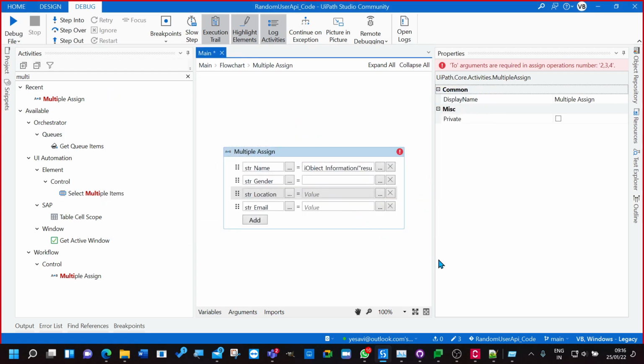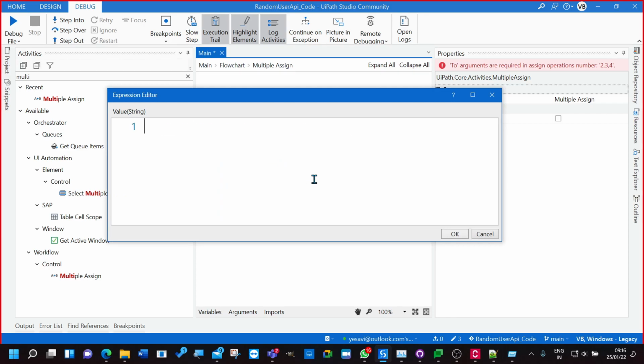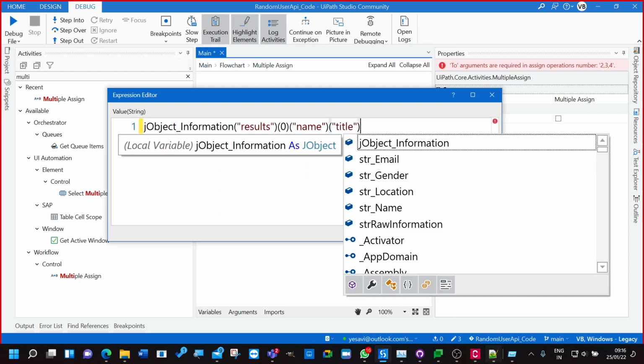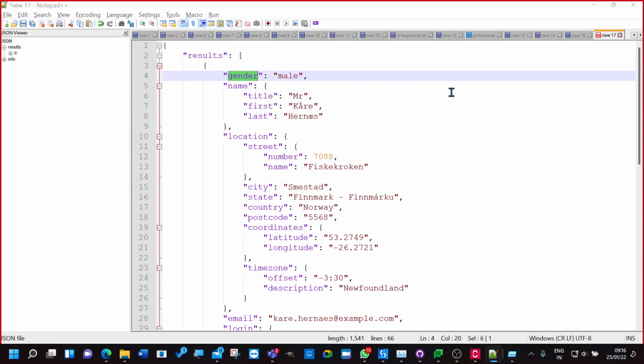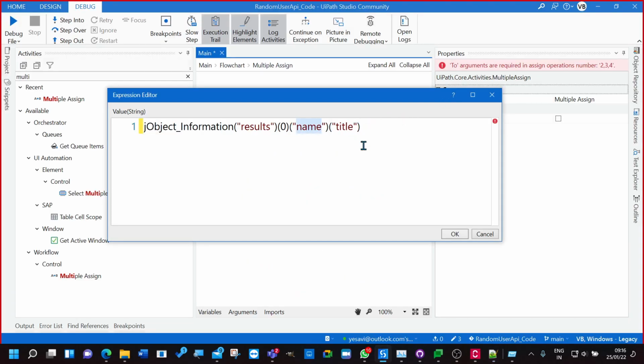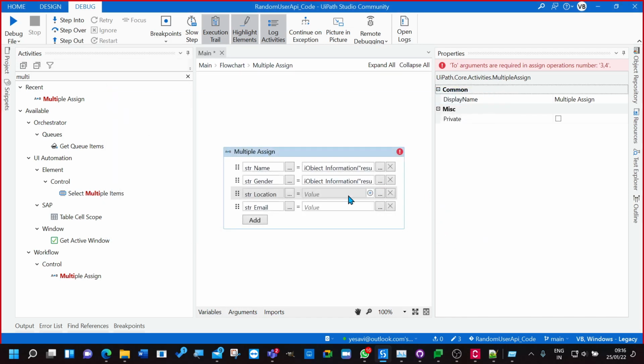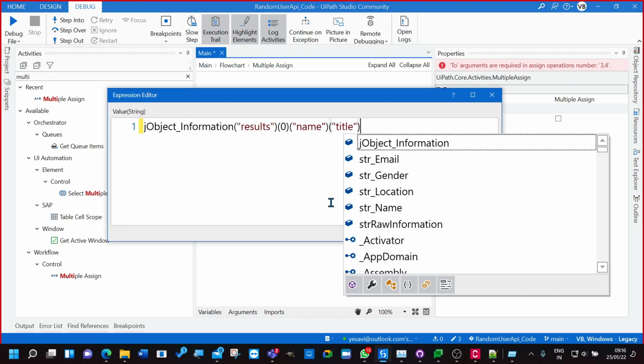Now gender, how can I go with gender? Results. So gender is directly from the results. Do I need title? No, remove. Start to string. Now if I want to get location,